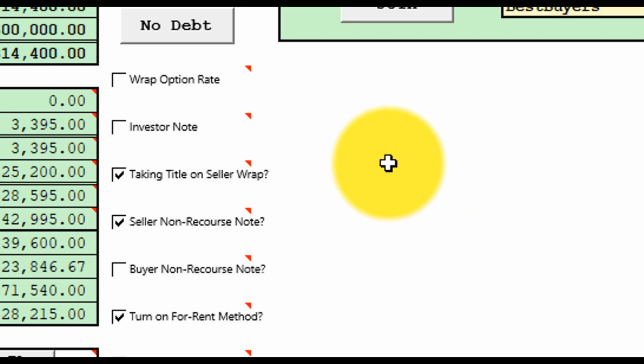Now, in my way of doing this, we add one level of indirection to this, where we create an option to lease with option. So you have an option contract with the seller, where the seller has agreed to enter into a lease with option transaction with a third party, and therefore the lease agreement and the option to buy contract have a blank spot for the lessee and the optionee.